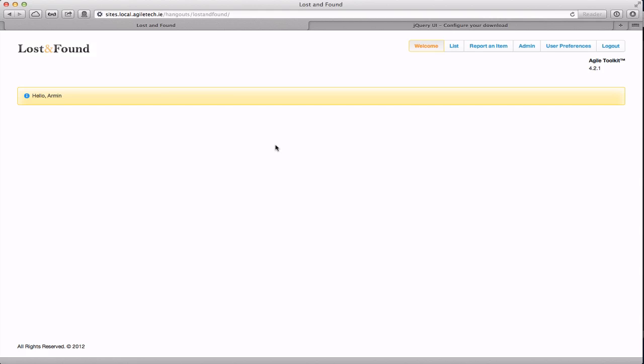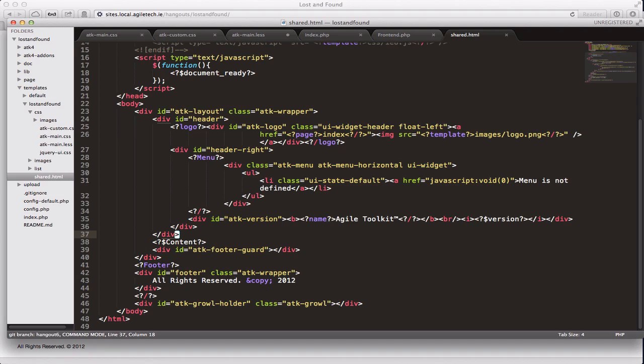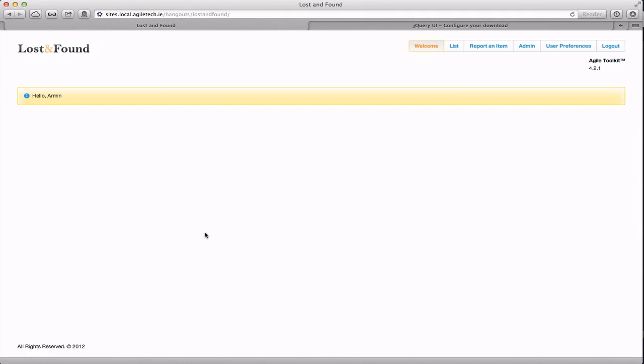So all the pages, including the login page, will receive this modification. But then I will probably move it to the page level and see how you could customize individual pages without affecting all. And I think I need to introduce you to